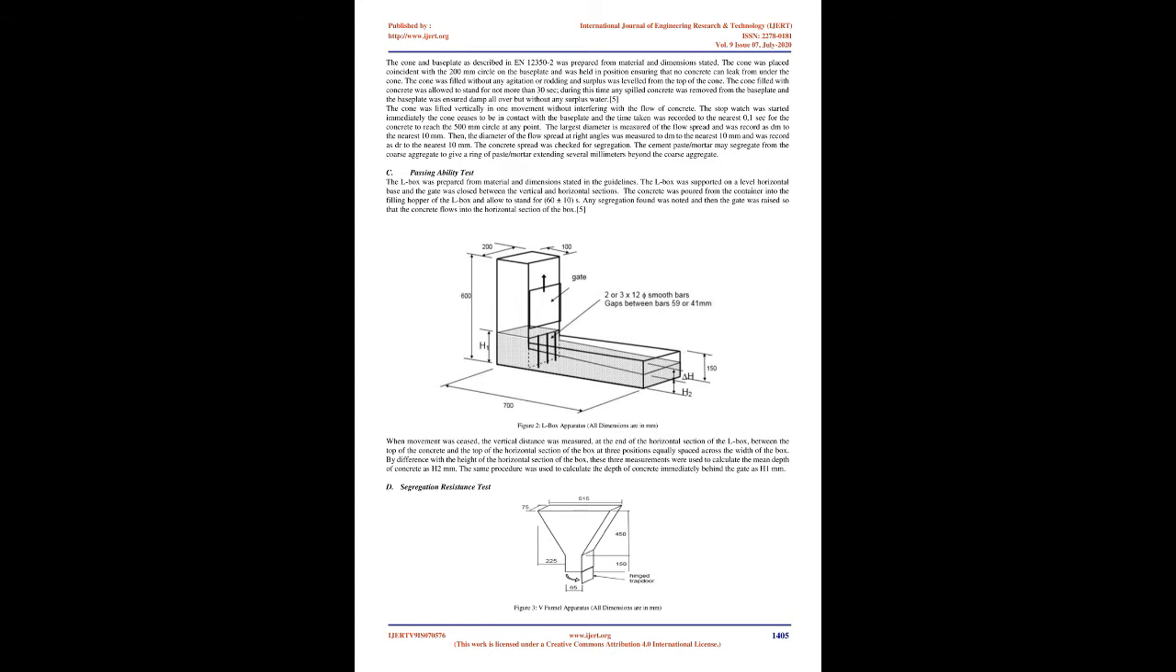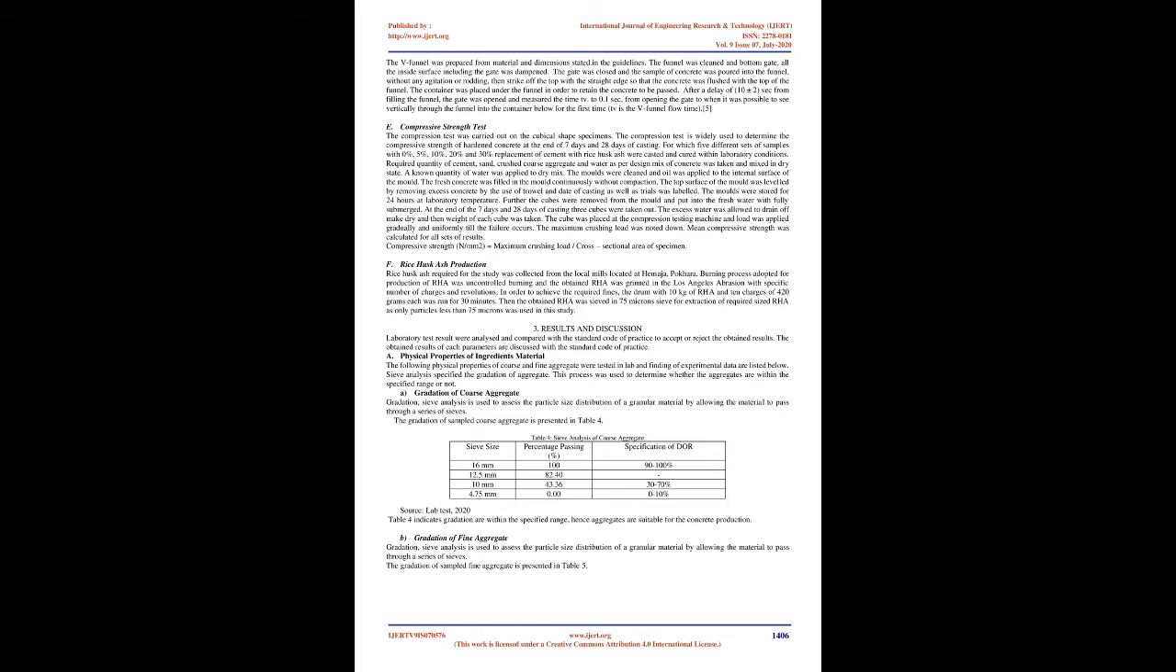The L-box was prepared from material and dimensions stated in the guidelines. The L-box was supported on a level horizontal base and the gate was closed between the vertical and horizontal sections. The concrete was poured from the container into the filling hopper of the L-box and allowed to stand for 60 plus or minus 10 s. Any segregation found was noted